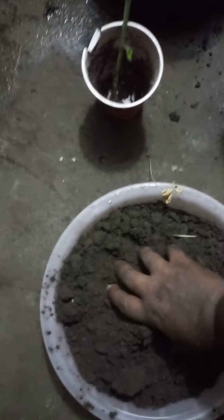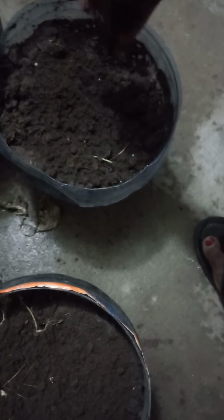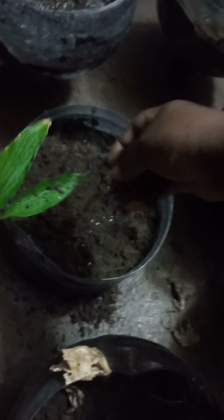I'm going to cover with a very thin layer of soil so the seeds don't struggle, yet they are embedded in the soil. So this is it. It's a very thin layer of soil. Today is 15th of June, 2021. We are covering with a very thin layer of soil so that you can see how fine the soil